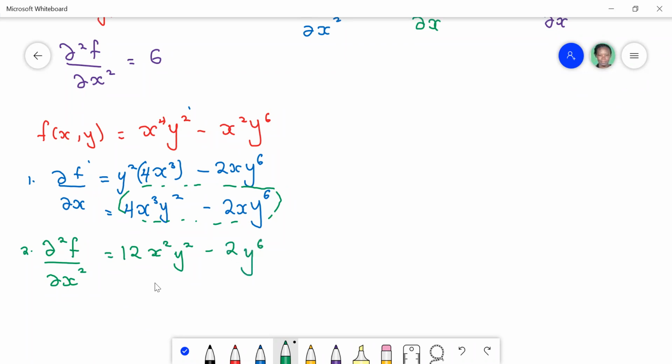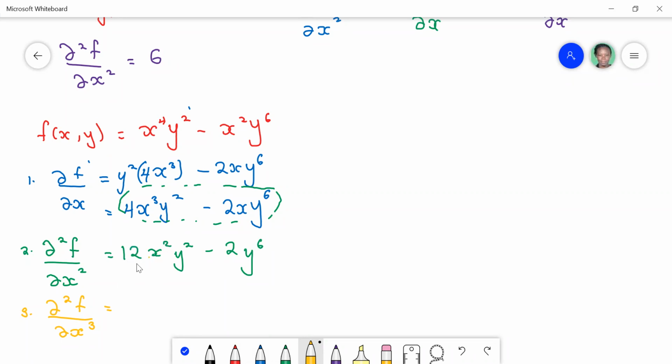We can still go on to another highest order, which is the third one with respect to x, so that the partial derivative of f of order 3 means that you first do the first order, second order, and the third order. So to do that, you realize that I have